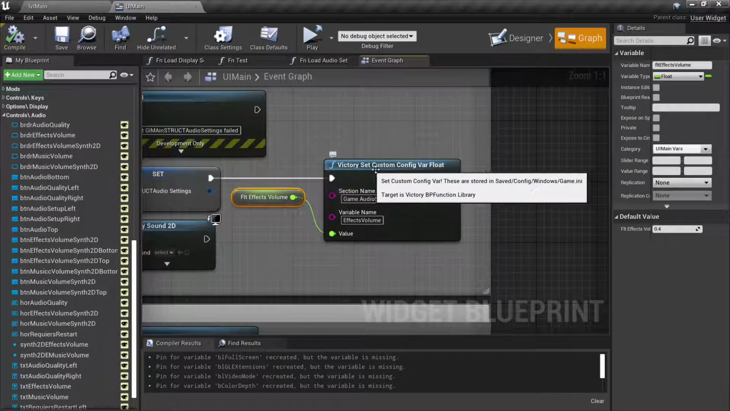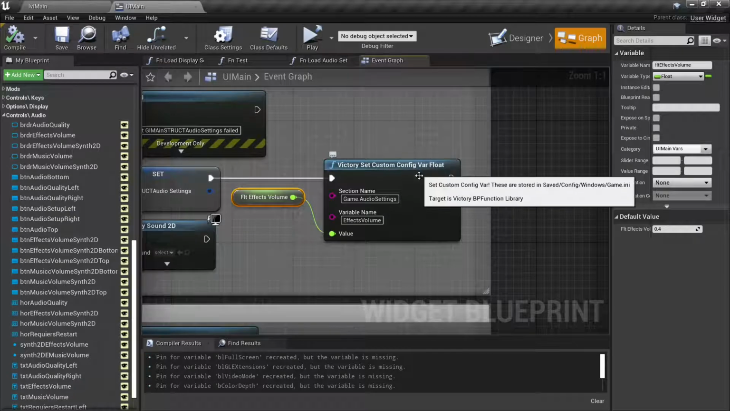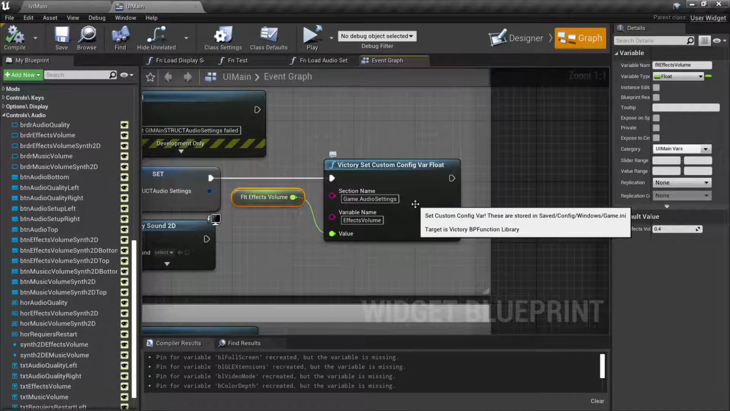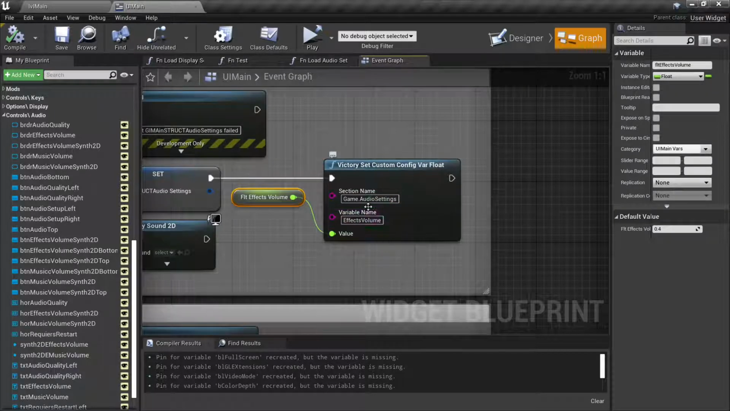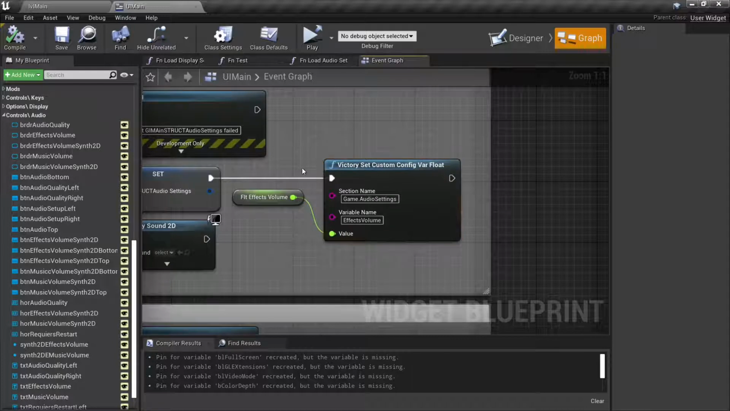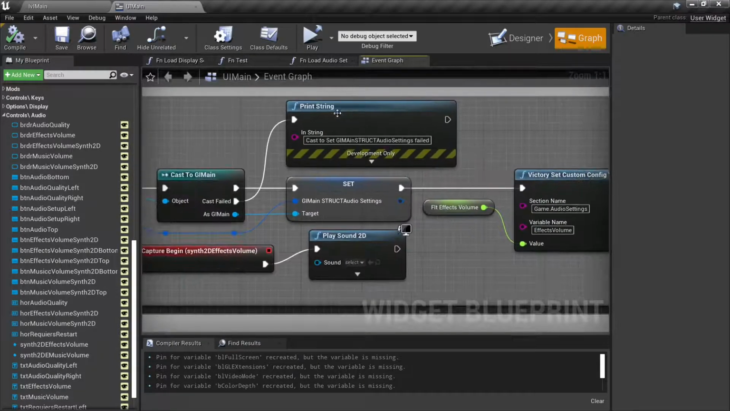And it says Victory, set custom config via float. So this goes into the game. Saved /config/windows game.ini in a section named game.audio settings and a variable named FX volume and then the value. Do that for the sound value and the music value, and then that's saved there, and then it's loaded back at the start of